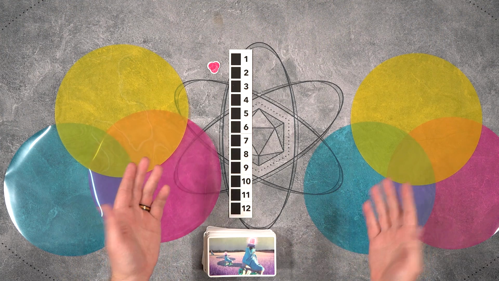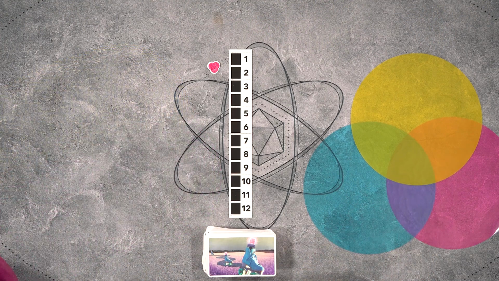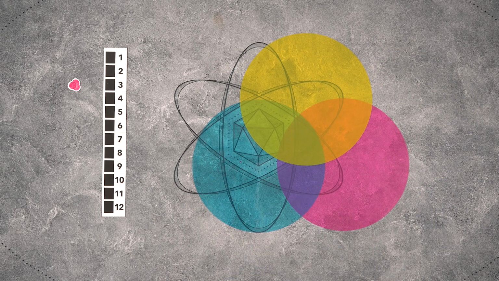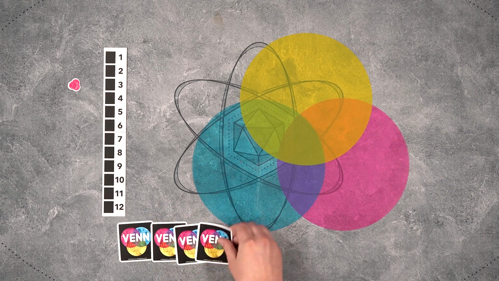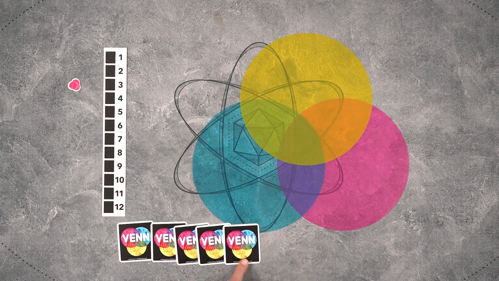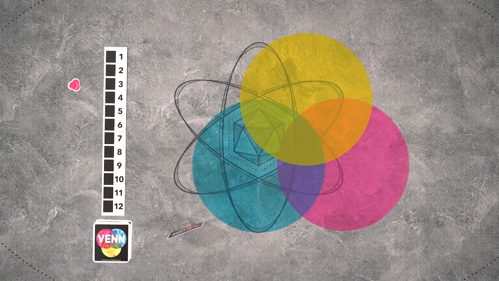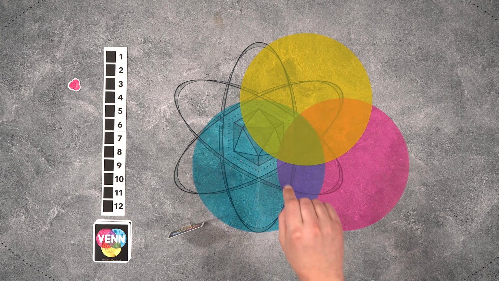To play Venn cooperatively, you'll only need one set of overlapping circles, one scoring marker, and exactly 5 number cards. This will represent the number of rounds you have to get to 12 points or the team loses the game. Each round, one player will still serve as a clue giver, with the other players working to guess the clues the clue giver has. However, you now have to watch the clock because you only have 2 minutes to give